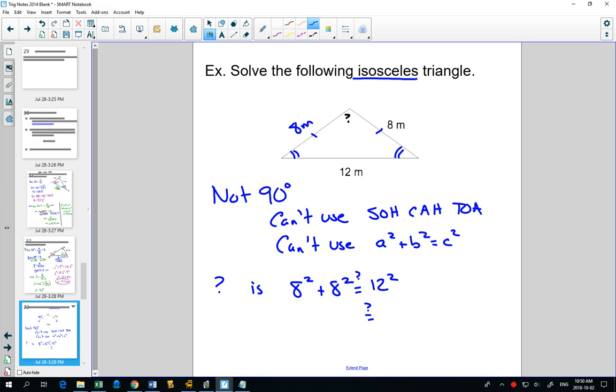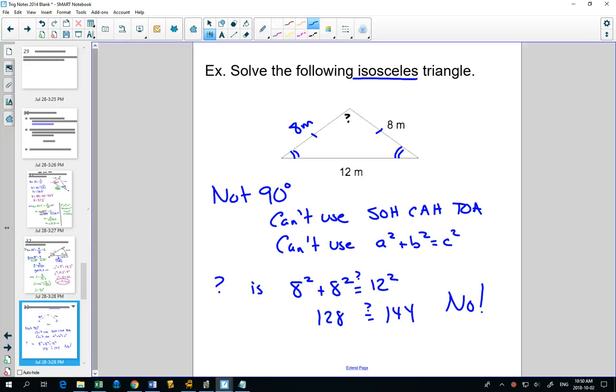This is actually bad math by saying something equal that's not, but that's why I'll leave the question mark there. Well, 12 squared is 144, and this is 64 plus 64, which is 128. The answer is no. 128 does not equal 144. So we can say for sure that this is not